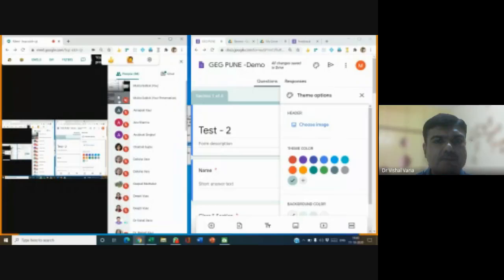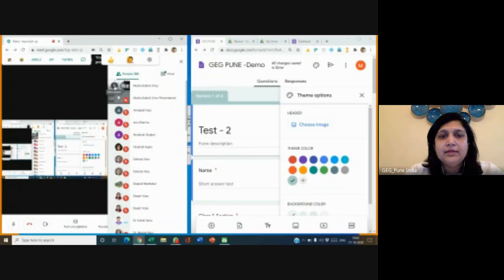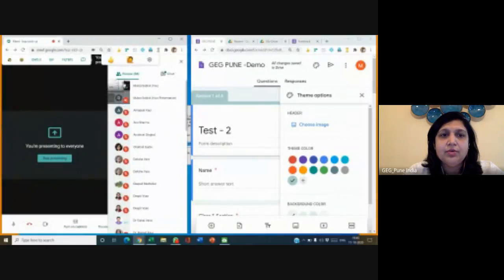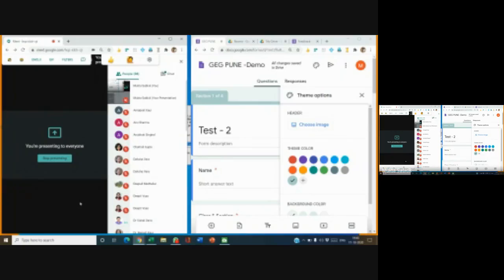Do one thing, just minimize the second screen if you want. I think you shared the whole screen. If the bandwidth is low, this happens, but that's fine. Please continue. Yeah, it's okay.